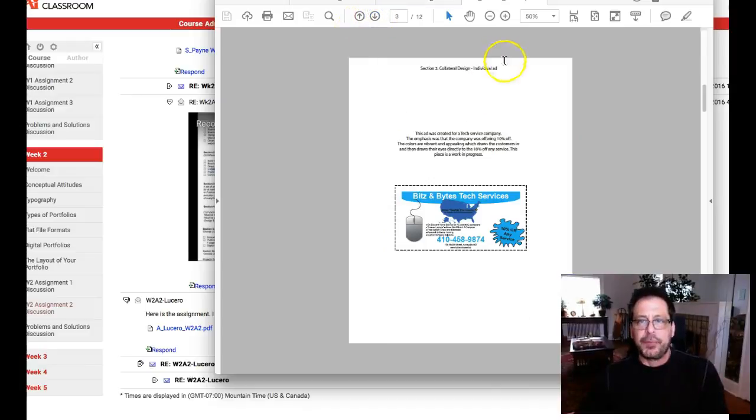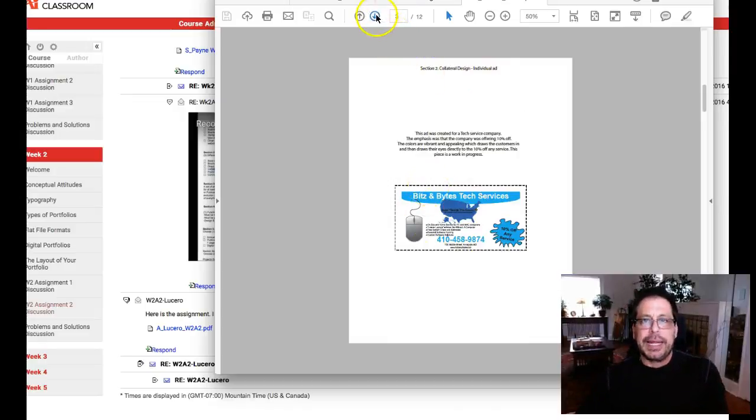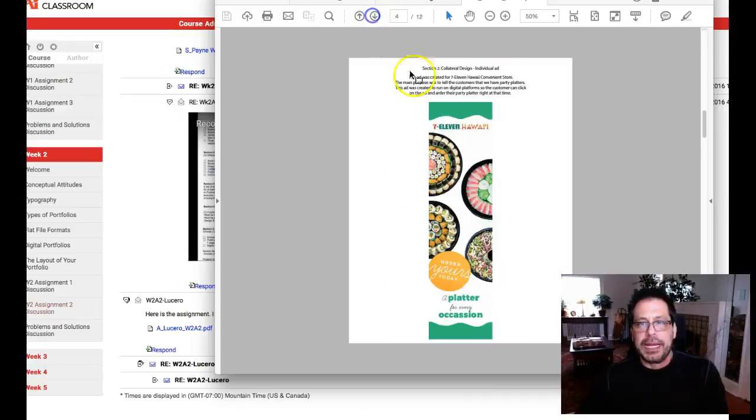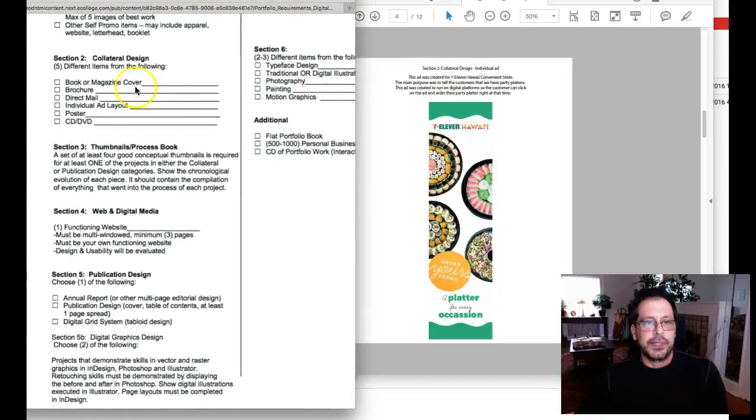Let's move on to the next piece. Again, here's another ad. You can't do much with this, so let's just stick with the individual ad on that. So right now you would have one direct mail piece, one individual ad, and this guy right here. Let's see what we have. What are our choices here? We could turn him into